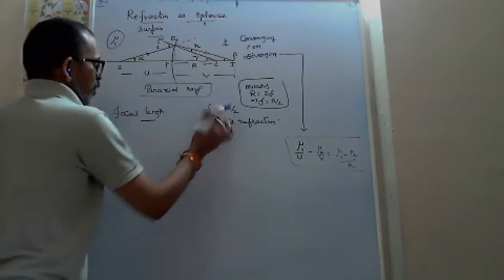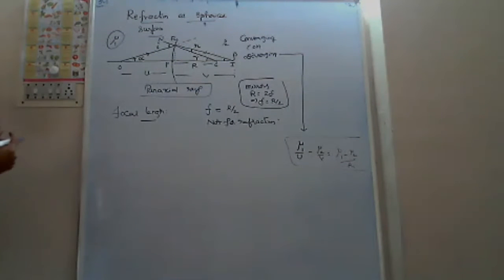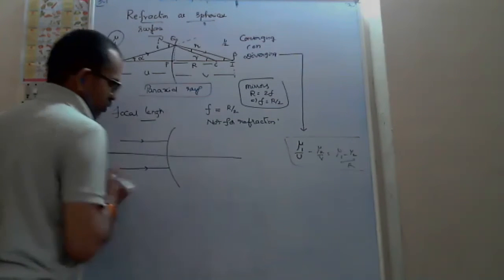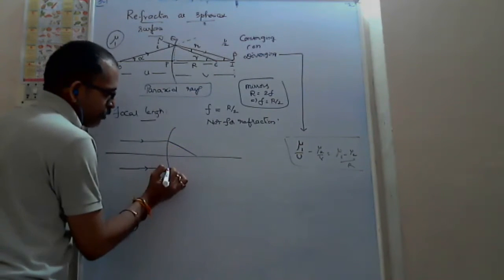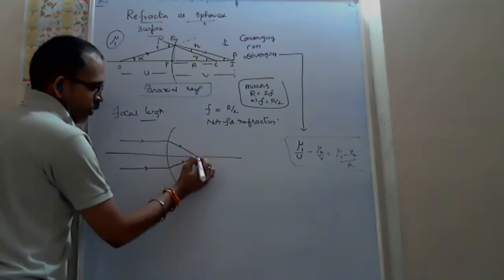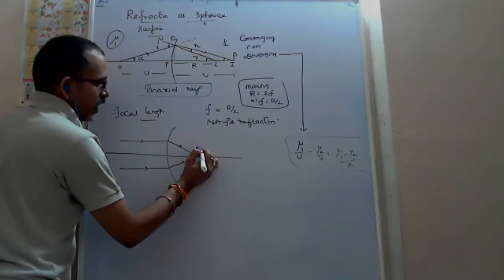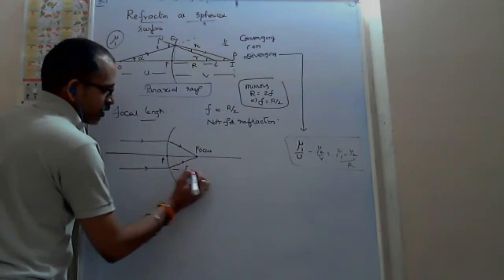Right. Mirrors, why? Because they are independent of refraction. First day only we discussed together. That is only on reflection. Okay, these are parallel rays, and to what point they are converged or from which point they appear to be diverged. To what point they are converged, that point is called the focus, and the distance from the pole to the focus is the focal length.